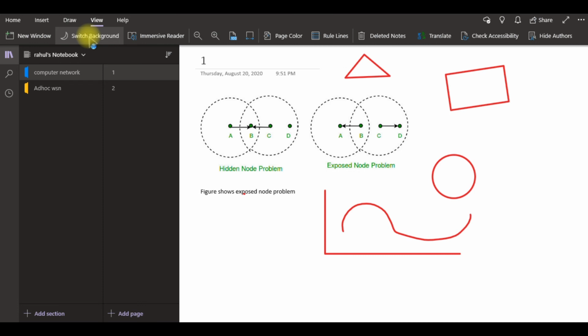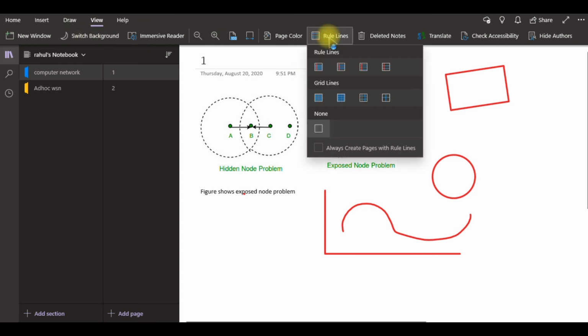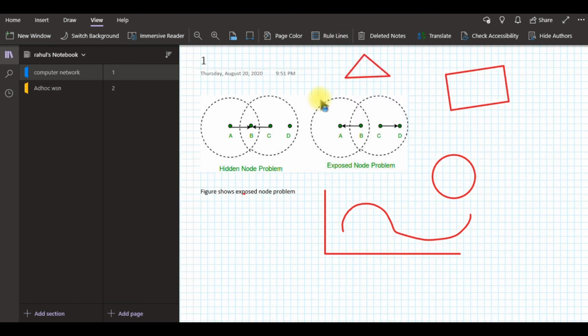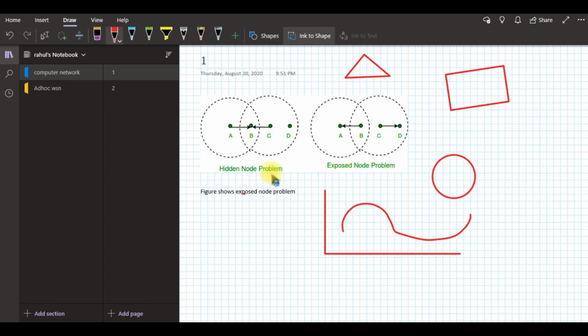You can change the color, right? And if you require grid lines in order to draw something, that is also possible. And if you need to translate something, that is also possible. Set languages and you can translate something. And again, ink to text is not available currently, I think.